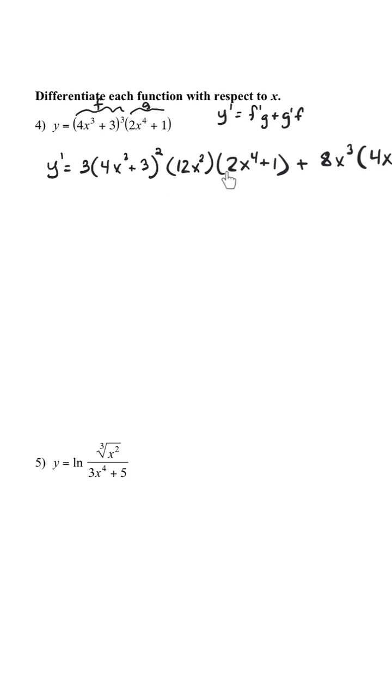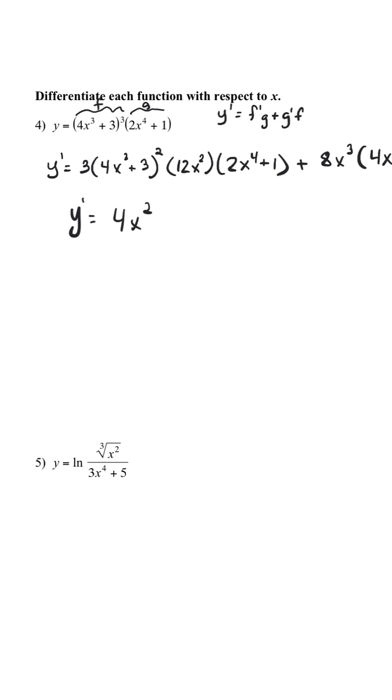All right, next we look through and see if there are any common factors to factor out. Like this 4x cubed plus 3 can factor out. It looks like we have an x squared here that can factor out. And 3 times 12 is 36, and here we have 8. So the common factor there would be 4. So if we factor out